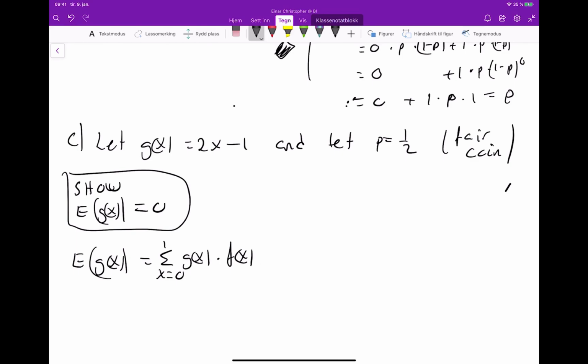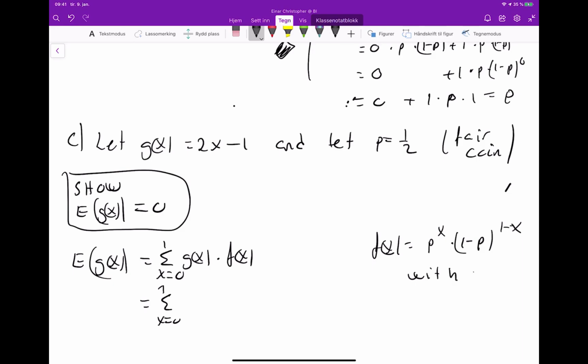And then I can replace g of x and f of x with their respective expressions, like this. And now we have to take into account that f of x, which normally was p to the x times (1 minus p) to the 1 minus x,